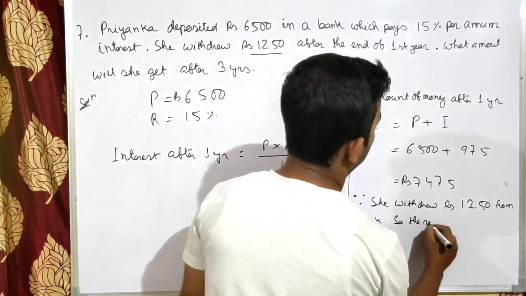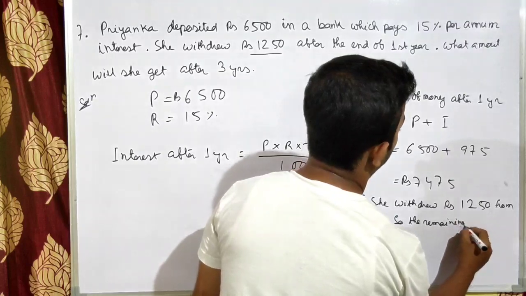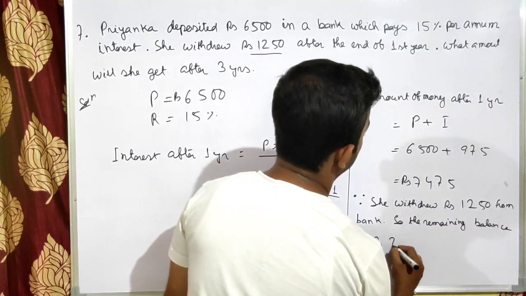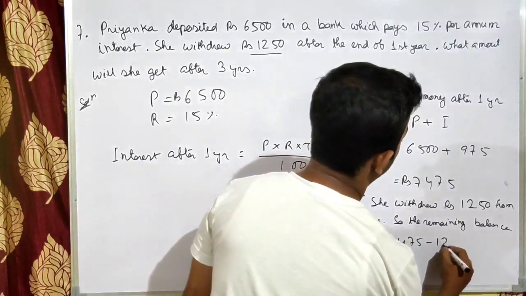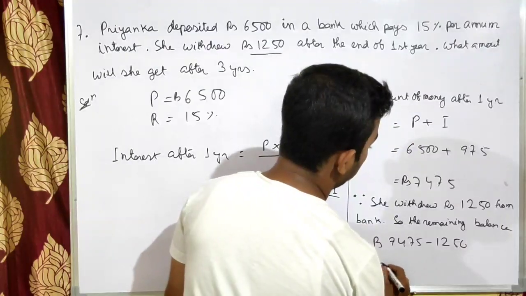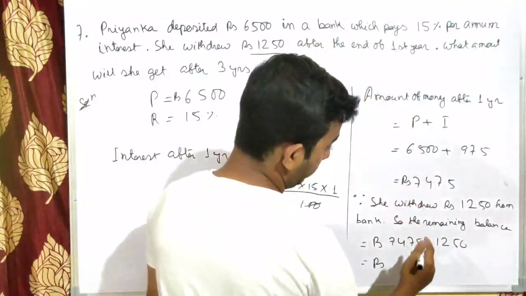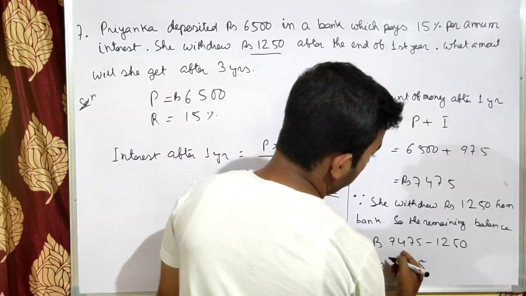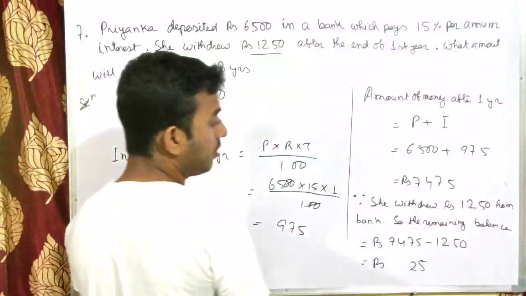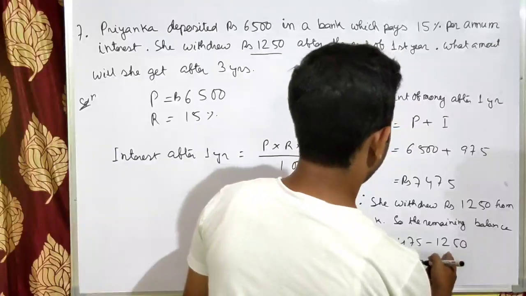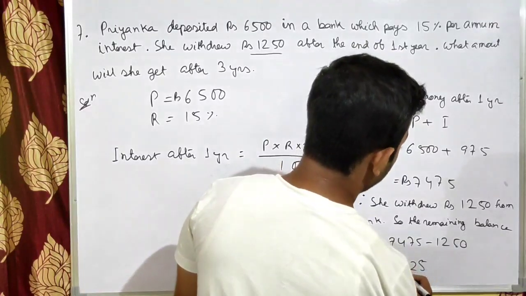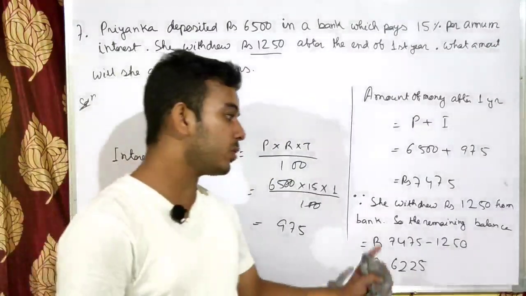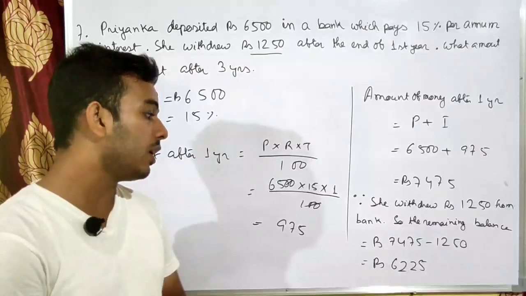So the remaining balance equals rupees 7475 minus 1250. So it will be rupees... 5 minus 0 is 5, 7 minus 5 is 2, then 14 minus 2 is how much? 4 minus 2, 4 minus 2 is how much? 2, 7 minus 1 is 6. So after withdrawing rupees 1250 from the bank, she had rupees